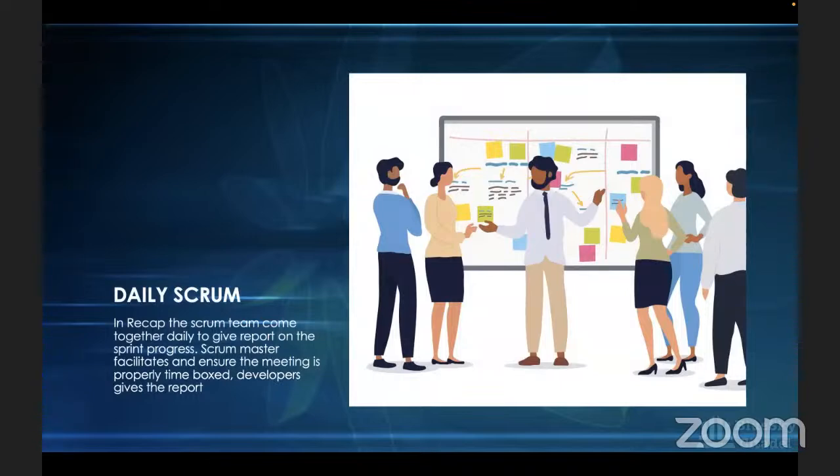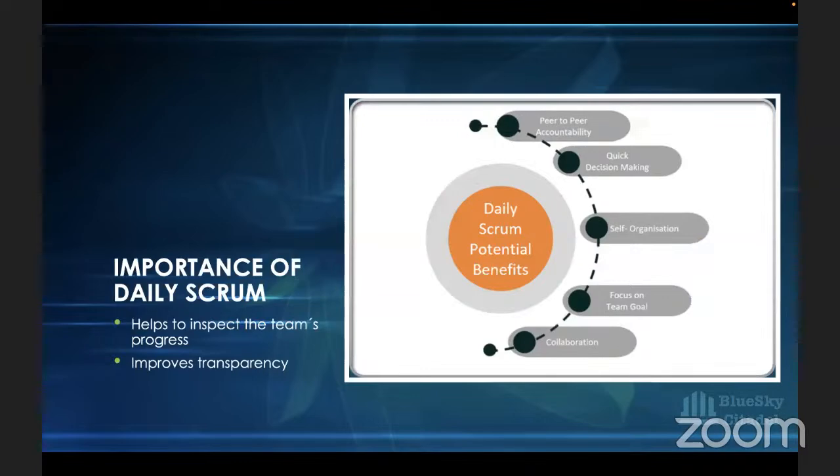The Scrum Master facilitates and ensures the meeting is properly time boxed, and the developers give the reports. The importance of this daily Scrum is that it helps to improve communication and collaboration within the team. It promotes good decision making because they come together and talk about impediments and ways to solve them, and